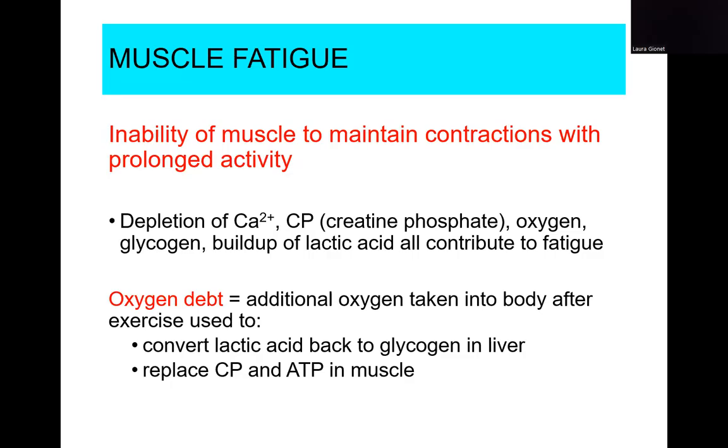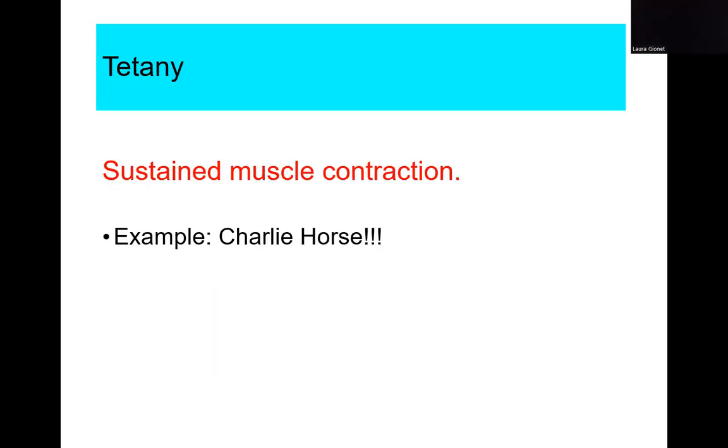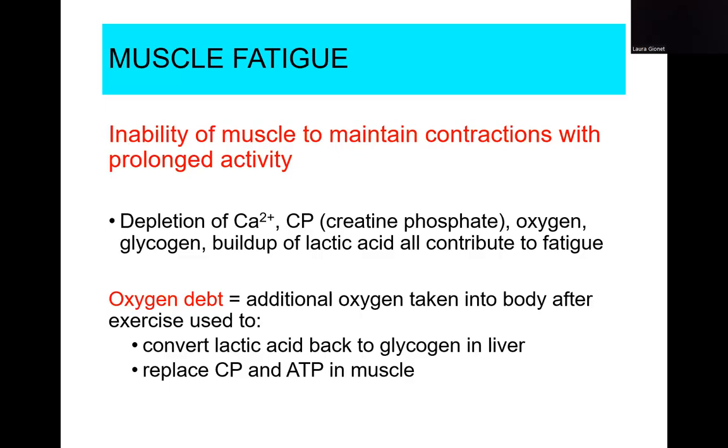Muscle fatigue is the inability of muscle to maintain contractions with prolonged activity. So, what's the difference? Well, in tetany, you don't want the muscle to keep contracting, but it's contracting, right? Like a muscle spasm like that, where it can be pretty painful, right? But in muscle fatigue, let's say, for people who go to the gym, or if you're a runner,